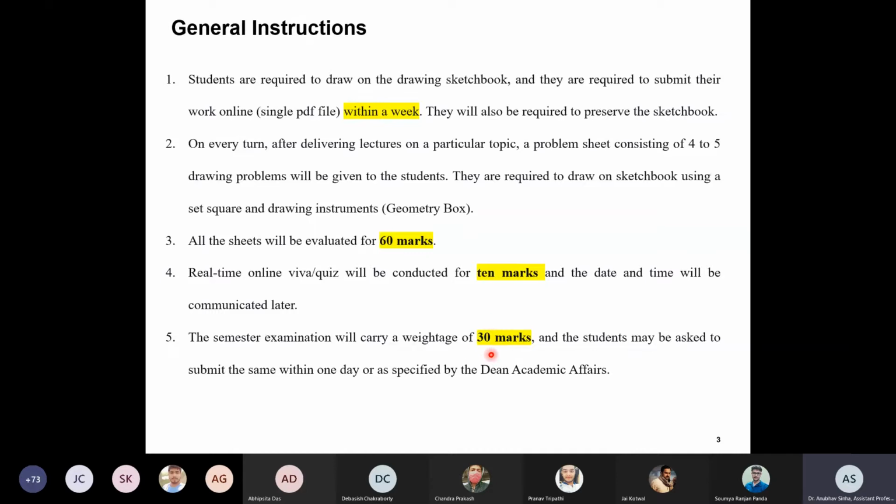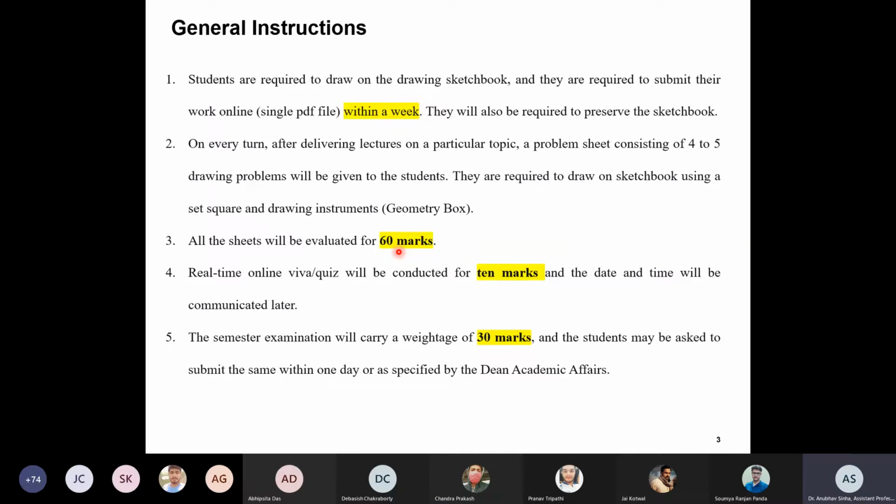But I have heard that some proposal is to keep this for 50 marks or so. But it is not confirmed; once it changes or any other confirmation is there, I will let you know. As of now, this is the marking scheme. A lot of weightage is given to these sheets, so please submit on time and make them neatly and clearly.